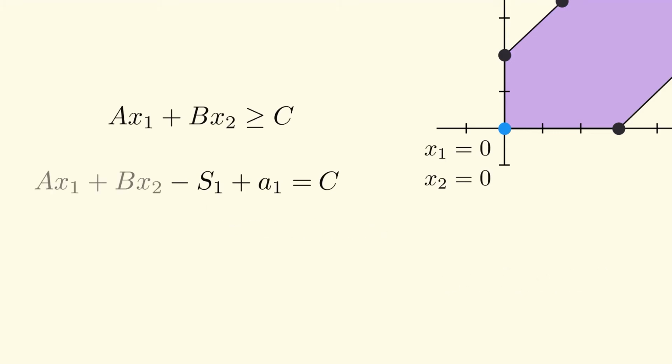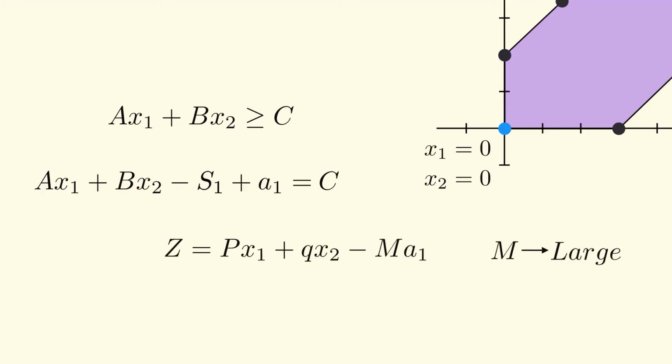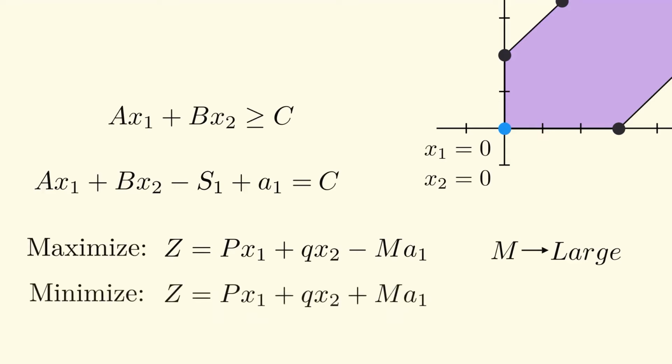But we don't want these variables to have non-zero values at the end of the algorithm. So alongside this, we also modify the objective function to add a very large penalty for each artificial variable, which will be a positive value for a minimization problem and a negative one for a maximization problem. And the algorithm automatically takes care of them. And because these variables are never non-zero in the solution, we call them artificial variables. They're there just for the sake of the algorithm.